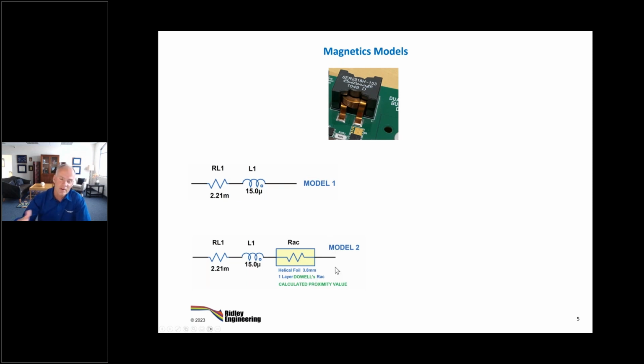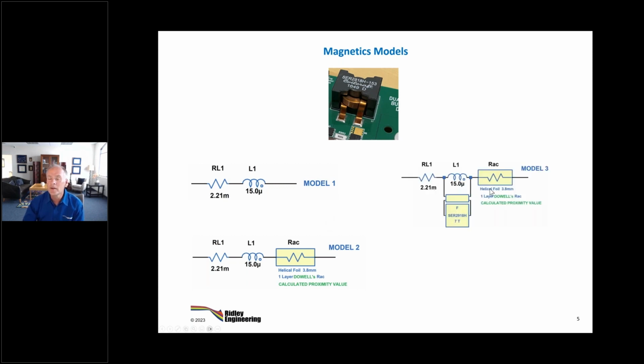Of course, you can use Dowell's equation, which is a big step in accuracy, and then you can do refined Dowell, Bessel functions, anything you want to do. You can take it as complex as you like. So that's level 1 model, which is basically all you have from the data sheet. Level 2 model adds some AC resistance, and we're going to go through that. Level 3 model will then put a core loss circuit across the core, and this is a voltage-driven device. It's driven by the voltage on the inductor because it's the delta B that drives core loss. So it's not in series with the inductor, it's in parallel with the inductor.